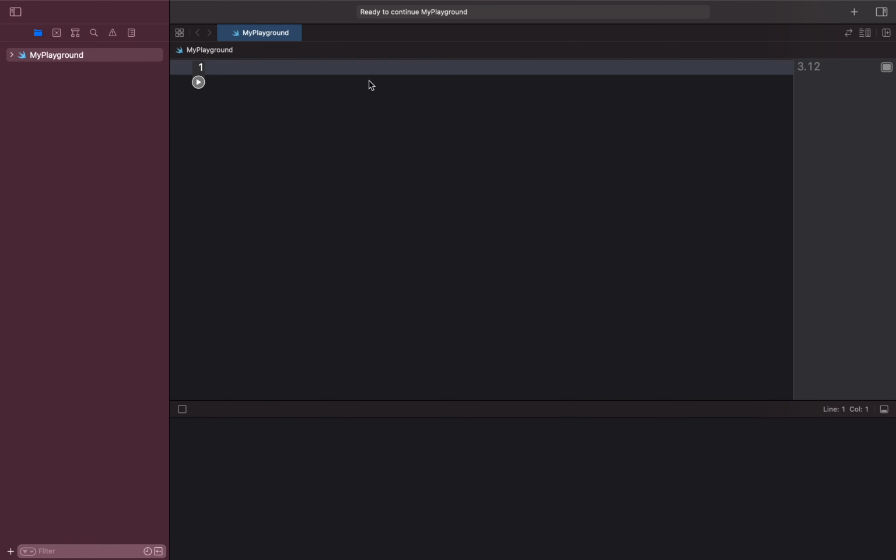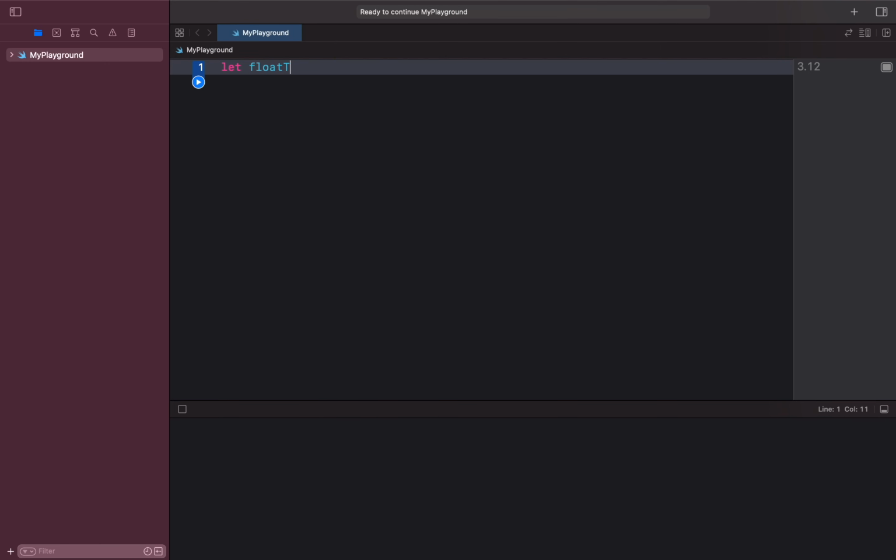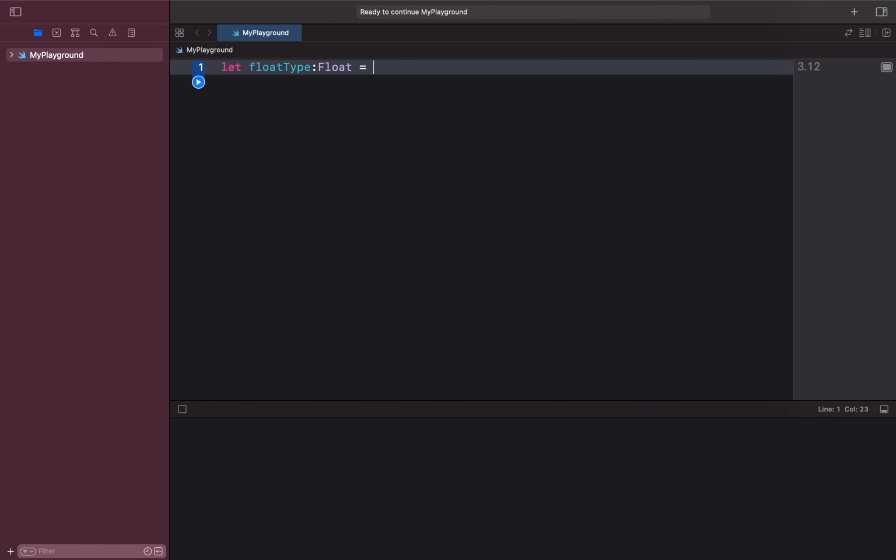Now let's see how we can declare floating point constants and variables. It's very straightforward. We use the float and double keywords for this. For example, let's say we have a constant called floatType. We will use the keyword float for that, and it has a value, for example 1.456.